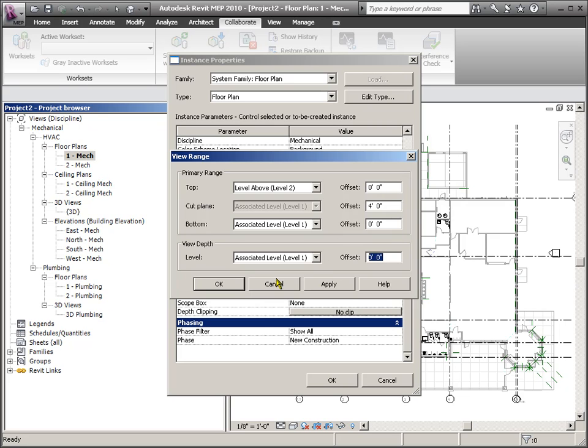But what you're supposed to be doing right now is going into the view range and basically setting these values to match the architect's values from their views. That may require that we close the MEP project down, open the architect's file, take a peek at how they set up their view, write those settings down, come back into the MEP file, and set the settings for first floor, for second floor, for ceiling plans, and